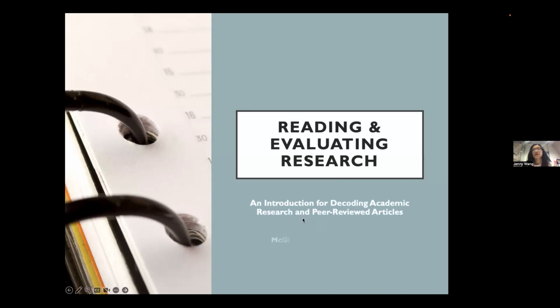Today we'll be talking a little bit about how to read and evaluate research articles. This is often a challenge for people that are just starting in research and new students, because academic writing is quite different from whatever you've encountered in high school or, quite frankly, in your daily life. So in this presentation, I'm going to break down how to actually read them, because it is quite challenging. The language is quite different, and it is basically like decoding a new